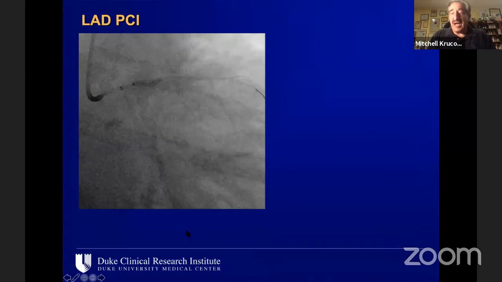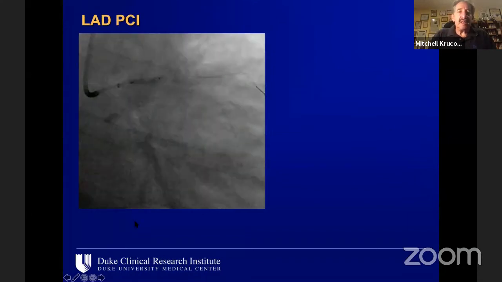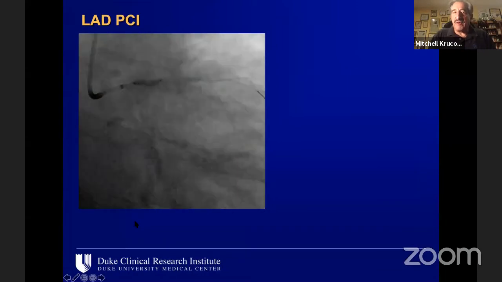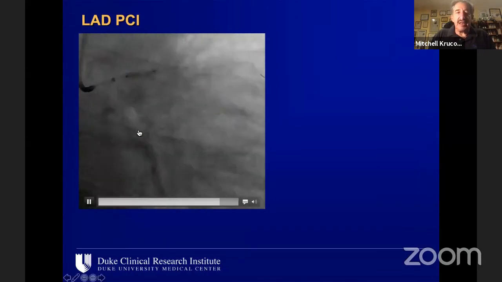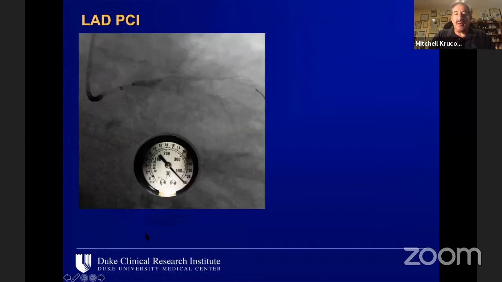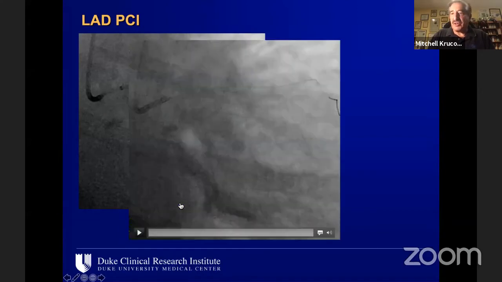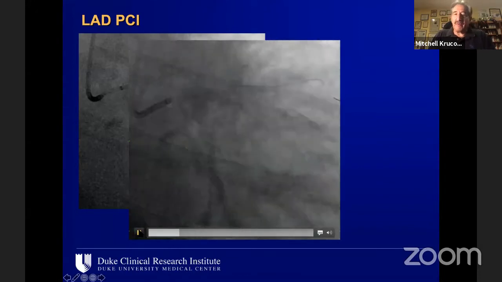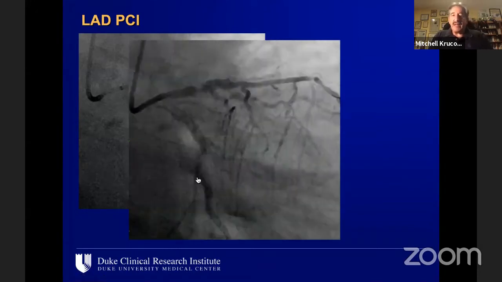So having used actually only a modest amount of contrast to do this, we went ahead and decided to address at least the proximal LAD. And this is an NCU4 balloon in the proximal LAD, and you can see it's not dilated, even though we pegged the end deflator at about 30 atmospheres in trying to dilate. Again, this is sitting in the middle of an area of ectasia, which was not a primary target from our point of view, ideally for any sort of atherectomy.